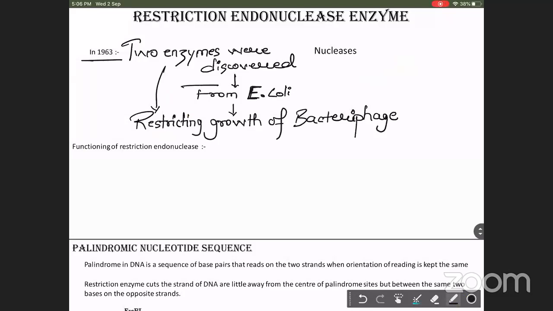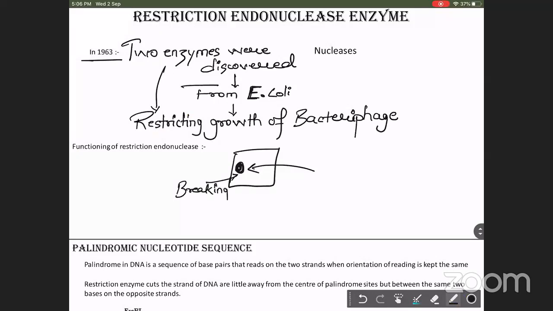And how are they restricting? If I say this is the E. coli, and the bacteriophage enters inside the E. coli, these restriction enzymes which are present in the E. coli are